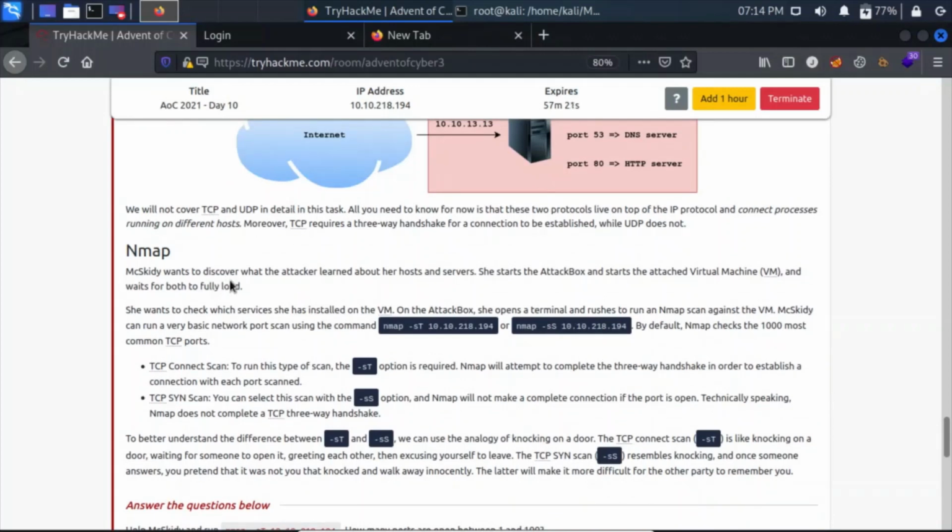Nmap is a network mapper. It shows how many ports are open on a machine. The -sT option you are using right here is for telling Nmap to find the TCP ports, and -sS means stealth scan. Stealth scan is usually a scan in which Nmap uses the three-way handshake, but in a way that